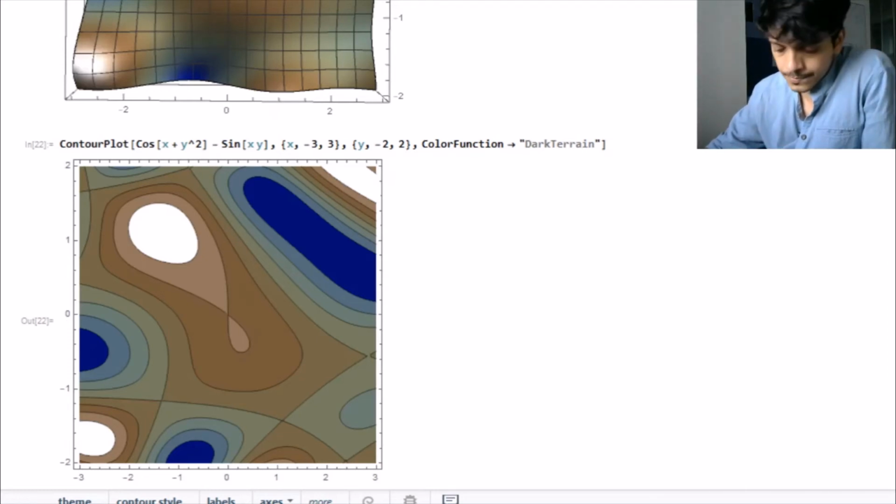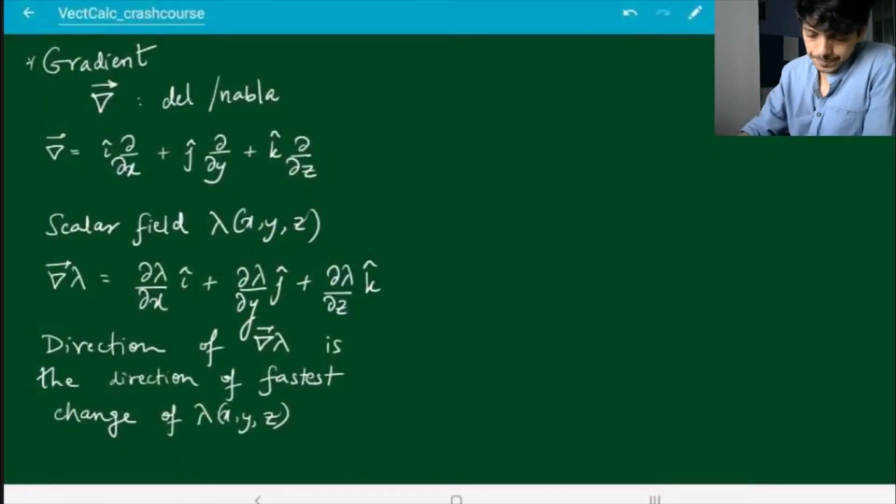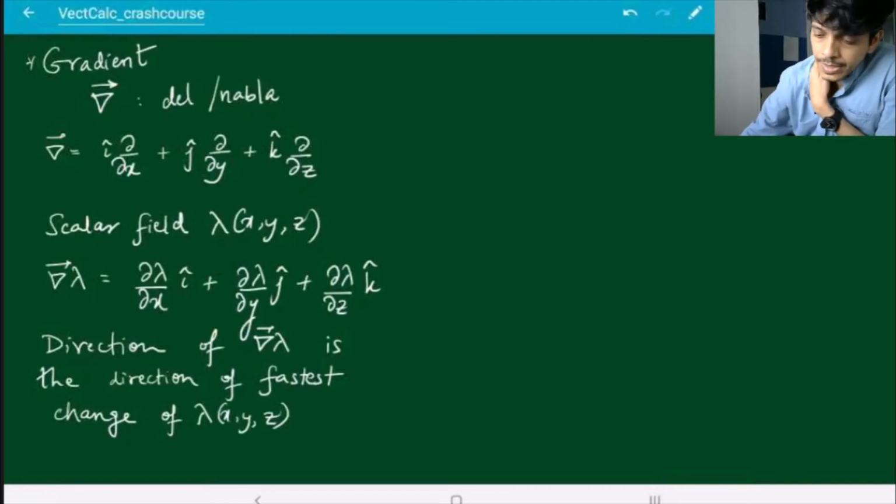So that is what, but of course, in general, you should calculate it. Given the scalar field lambda, you should calculate exactly what the gradient is, and that will tell you the direction in which the increase of the function is fastest. Let's take a quick numerical example and see how to use the gradient.